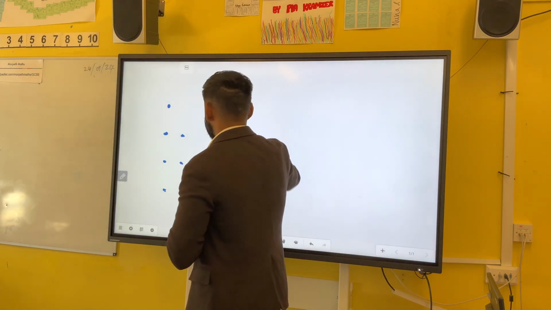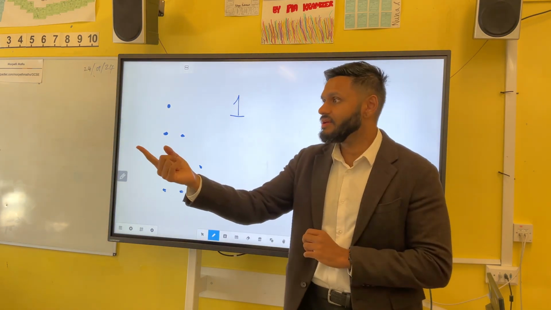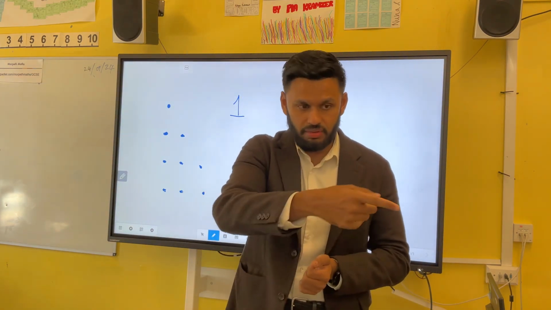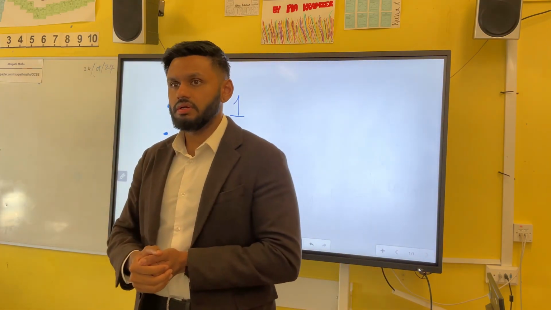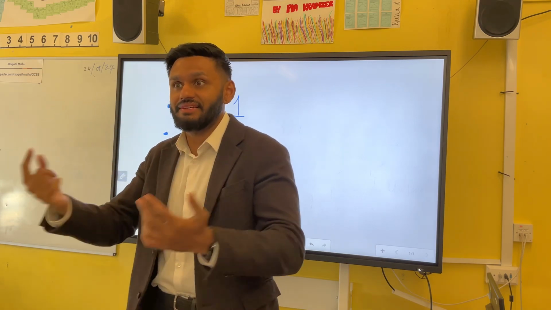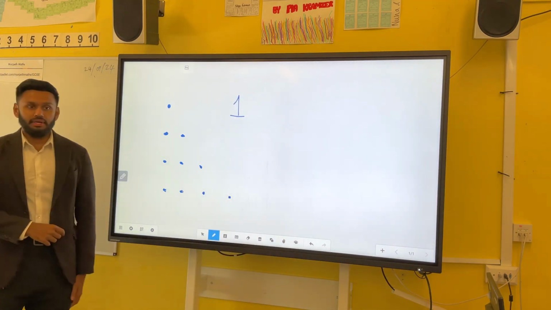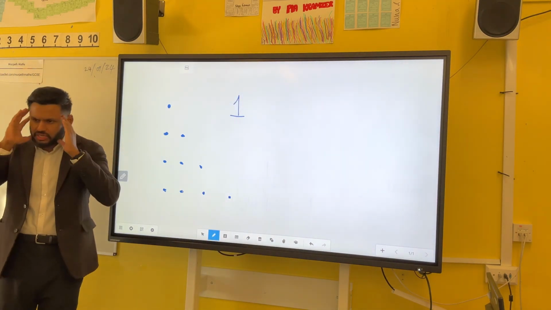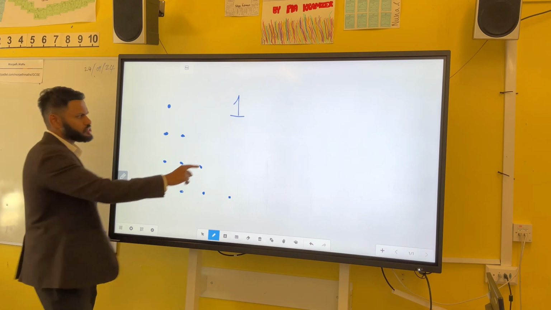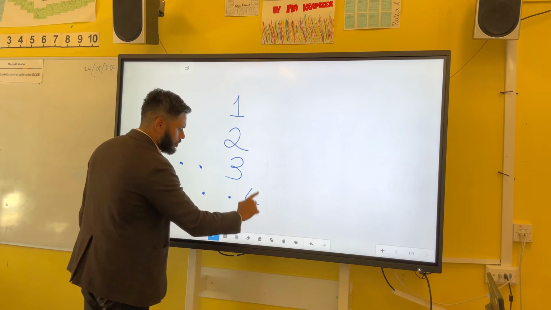1 is a symbol. What does 1 represent? 1 block. But do you understand? 1 can be one can of Coke, 1 pizza, 1 pen. It can represent millions of different things that are just 1. It's an abstraction. So the number 1 is an abstraction because it can represent many one things. You have 1 ruler, 1 calculator, 1 pen, right? The number 2 is also an abstraction. Number 3 is also an abstraction. Number 4 is also an abstraction.